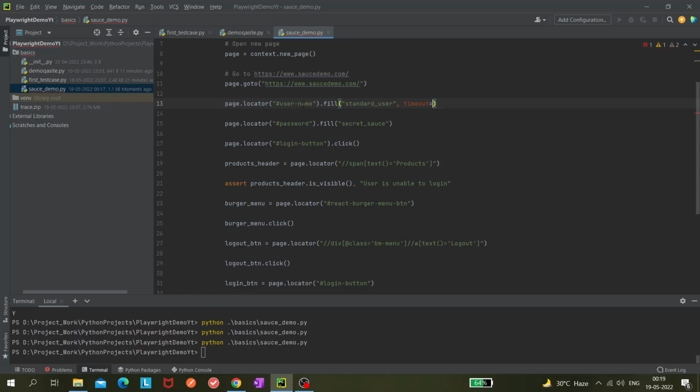The explicit wait, which you know about from programming Selenium, right? So here timeout, let's say I'm giving only 5,000 millisecond. That means 5 seconds, right? But default timeout is already 30 seconds. So if I do not give it and if I make the locator wrong, then it will wait for 30 seconds and then it will fail. So first let's try that.